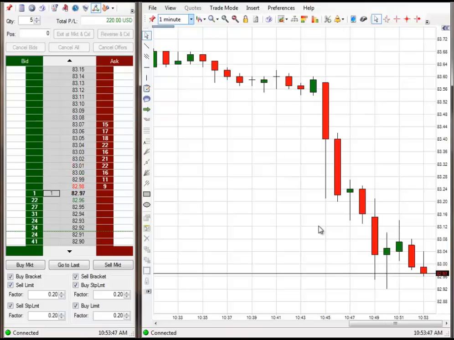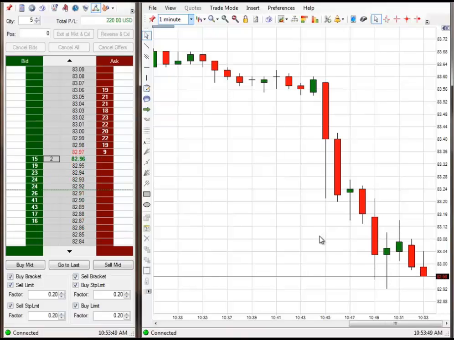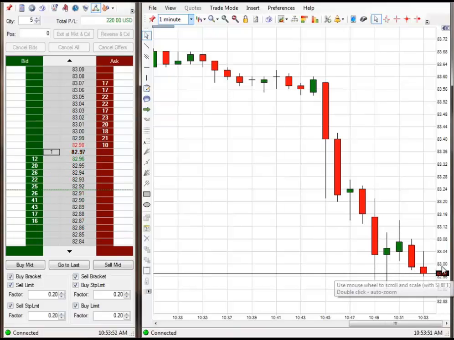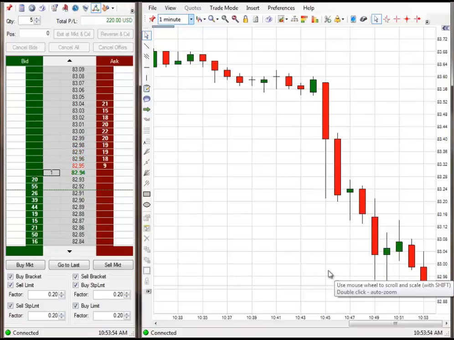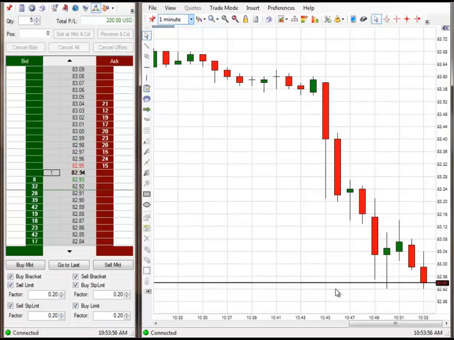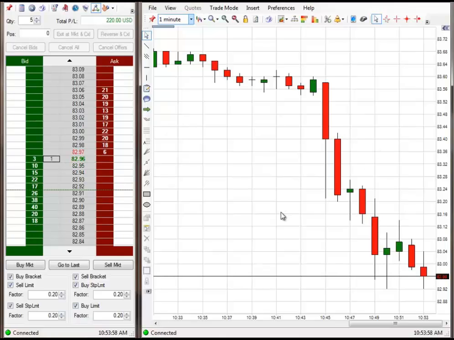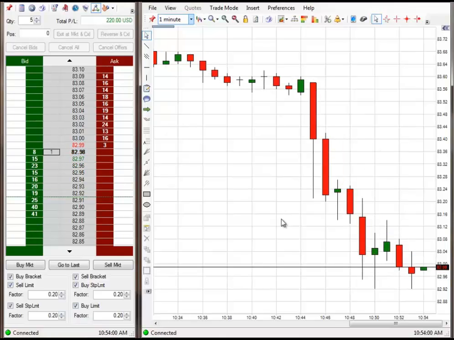Okay, so I am going to come back. See where the price is now. It's at 83. Let's just call it 83. That's where it's at. See if it goes lower, how much lower, or if it bounces and goes back up. Code 2 will be coming back up. This one was worth